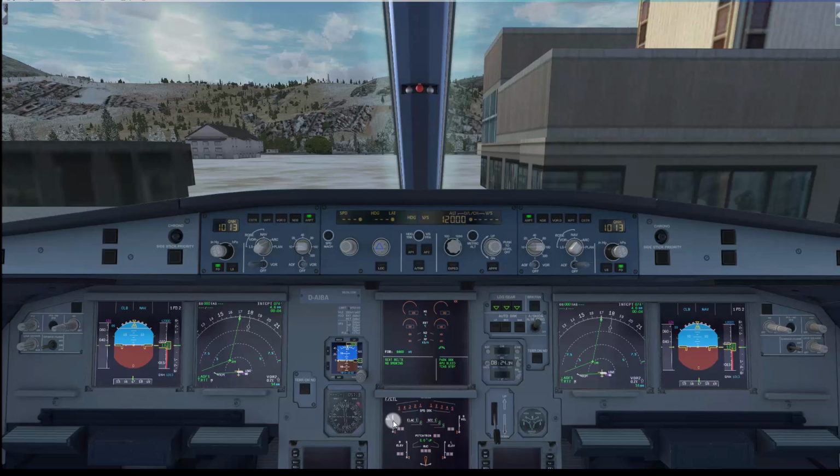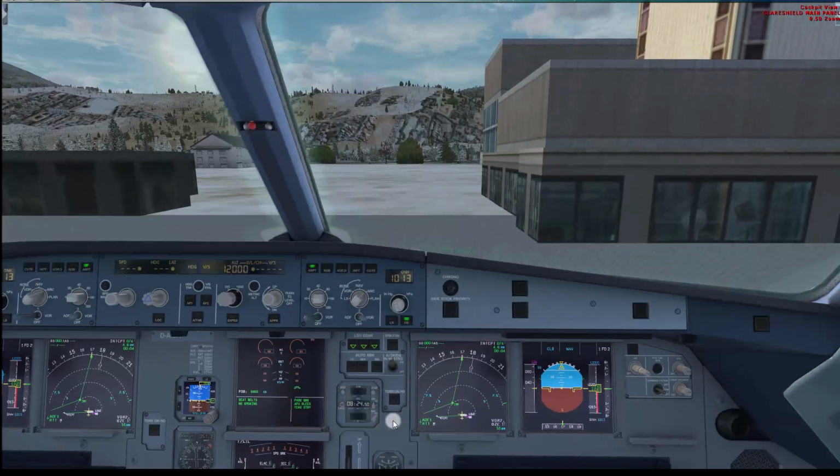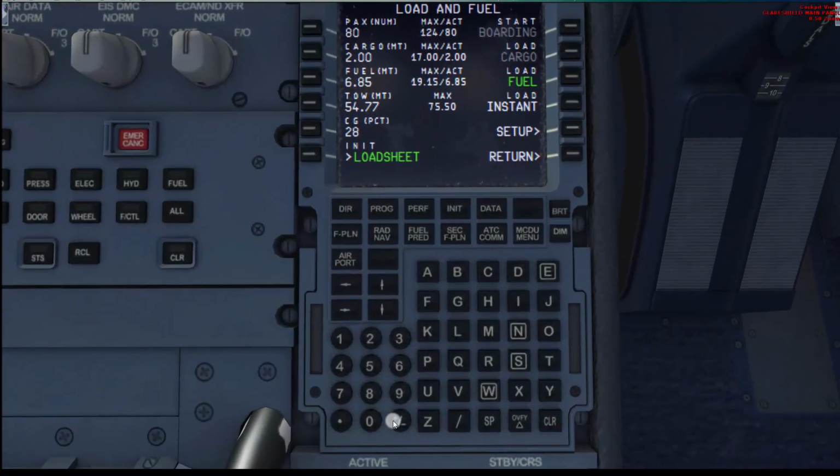Checklist complete. So that whole interaction there involving the flight attendant and the flight deck crew was triggered automatically when we closed the door. You don't have to do anything to start that process going. We're now being advised to select the start procedure, so I'm going to go down to the first officer's MCDU,